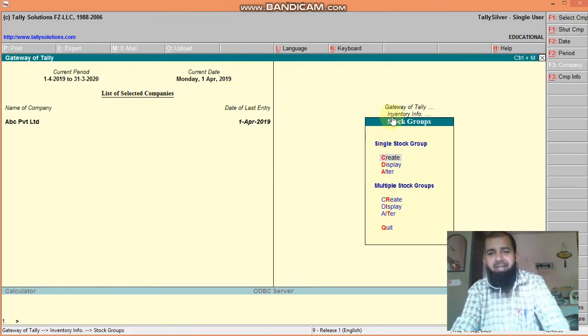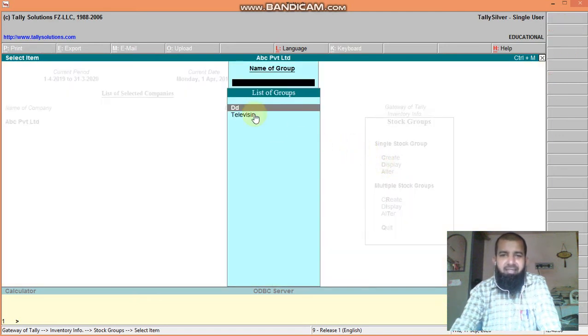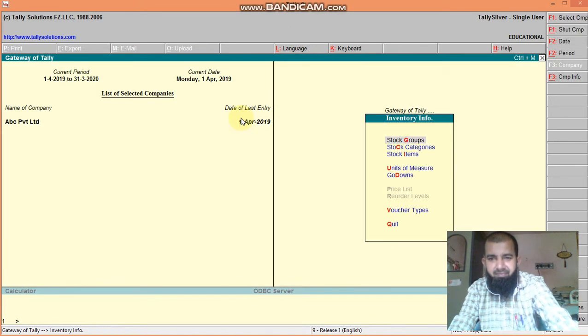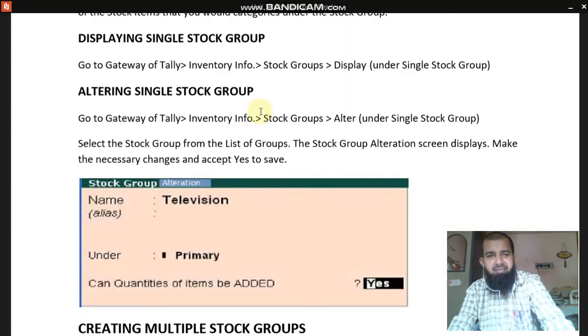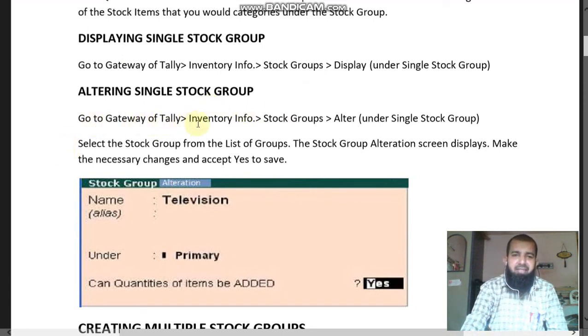Then how to display? Same steps: Gateway of Tally, inventory info, stock groups, then click display. It displays television like this. Next, how to alter a stock group? Same: Gateway of Tally, inventory info, stock groups, then click alter. It displays the alteration screen. You can change the name of the stock group.